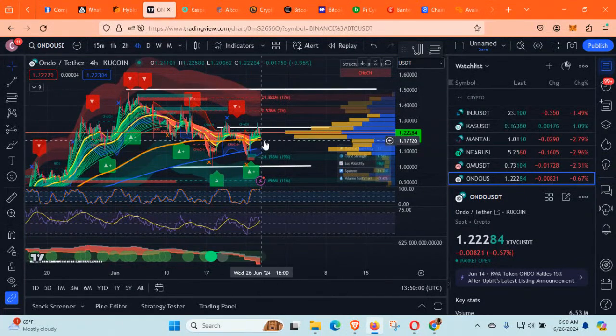However, you do have the 200 EMA and the 50-day moving average. So will we actually come down and retest the bottom of this range? We might bang around here for a while, come up here, retest here, and then come up to the top of the range and actually trade from the top of the range to the middle of the range before breaking out. Therefore, if that was the case, then you could sell at the top of this range and buy back at the bottom of this range. So I'm just introducing you to a concept of range trading. I will do a separate video on this, but I just wanted to give a quick introduction because I did see a nice setup for some range trading with Ondo.